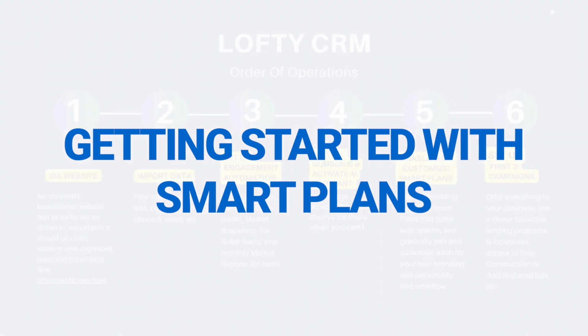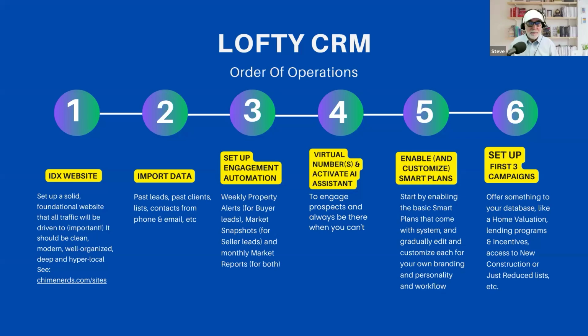This is our framework for our recommended order of operations for Lofty. We got the website straight. That's the first step. And number two is data. I think you have data already in your system. And then next, we recommend getting everybody on the engagement automation. And we want to get everybody, or as many people as possible, on those weekly property alerts for buyer leads,